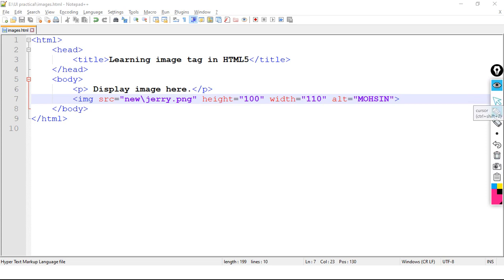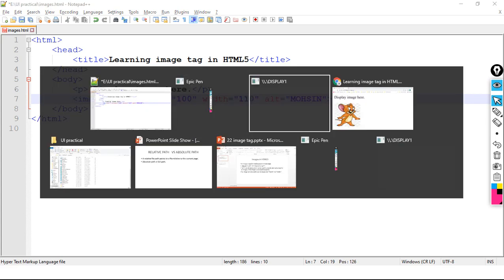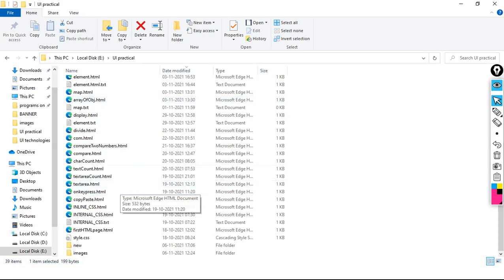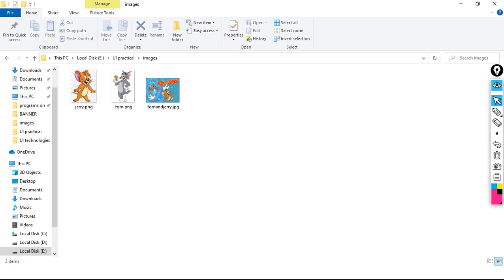Remove this path. I will show you one folder. In E drive I have UI practical, then I have images folder. In images I have jerry.png, tom.png and tom and jerry.jpg.